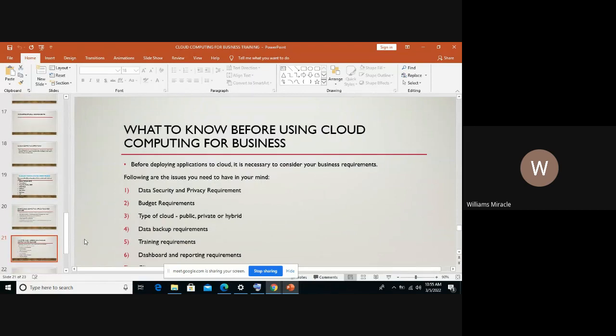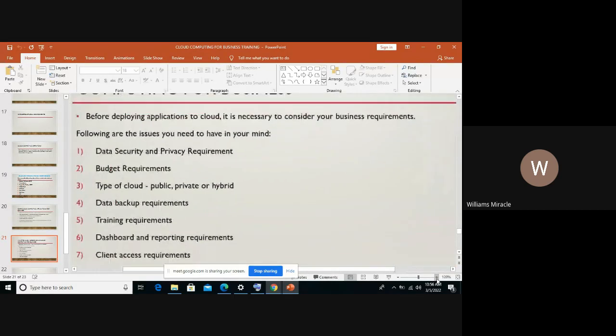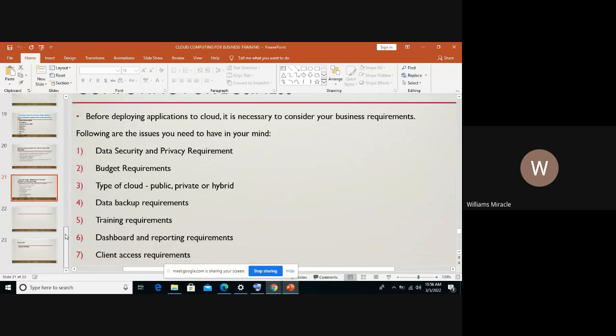This was just a quick one on what you need to know before using cloud computing for your business. You can see them right here if I zoom in, when I made mention of the data security and privacy requirements, the budget requirements, and other information.